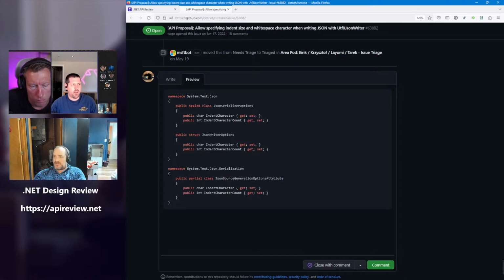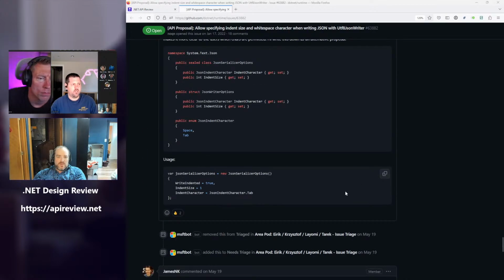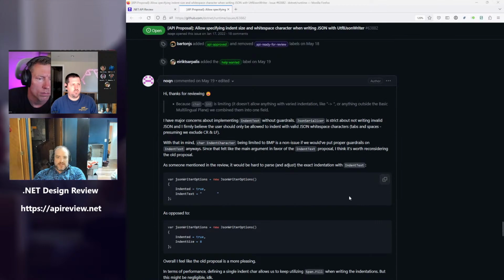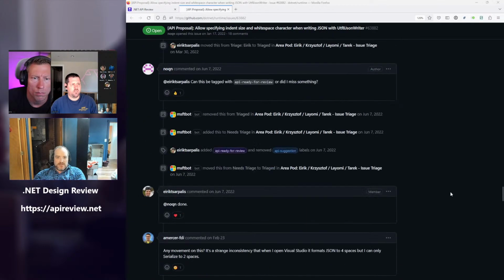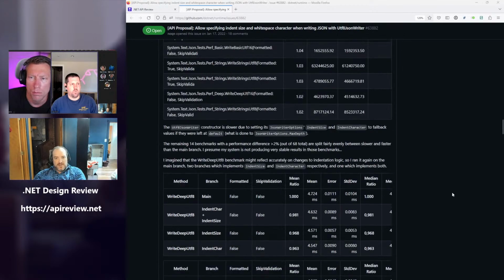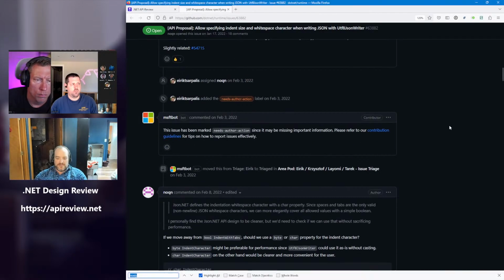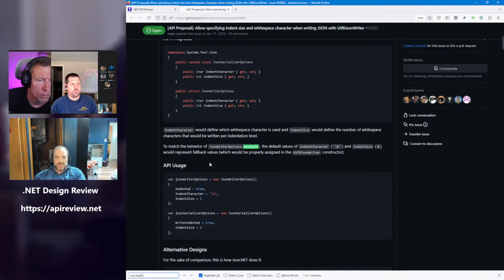We don't default max depth, do we? Even though we technically have a default max depth. Right. I remember seeing that it wanted to treat it like max depth, where 0 meant system, you're allowed to have an opinion, and I don't care what that opinion is. That seems like a weird decision. To match the behavior of max depth, the default of the null char and the 0 length would represent fallback values. I do not like that. I don't even like the existing max depth behavior. It shouldn't lie. It should just tell you it's 64.